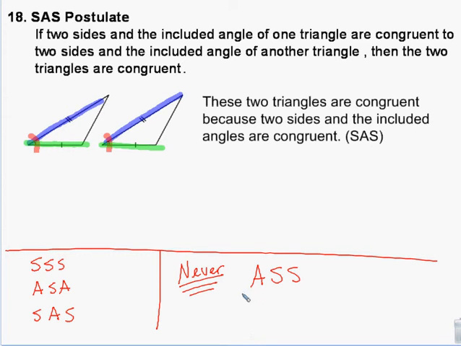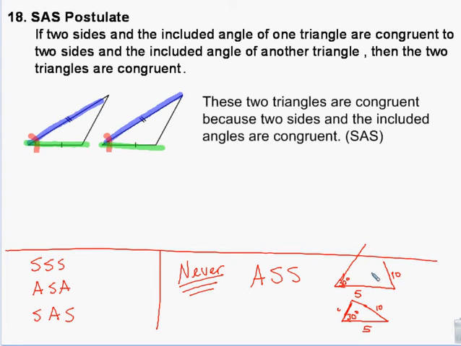And this is not because we don't want cussing in geometry class, which we don't, but that's not why. Angle, side, side doesn't work because, let's say I have a 30-degree angle and another 30-degree angle. Those are going to match. And then I have a side length of 5 and a side length of 5. And then I have a side length of 10 and a side length of 10. But see how this angle and that angle aren't going to match? That's going to change the length of this side. This side over here is going to be much shorter than this side over here